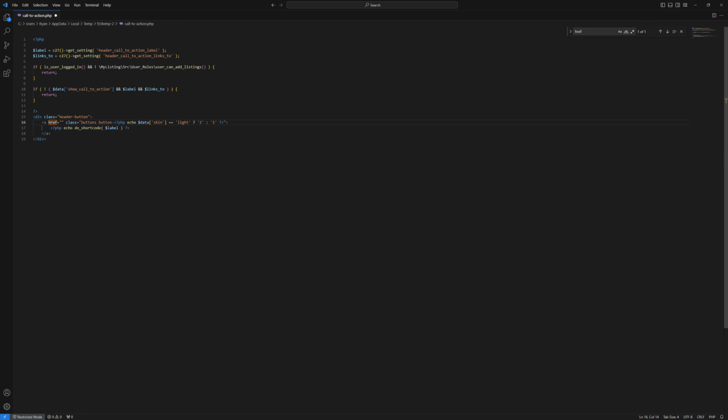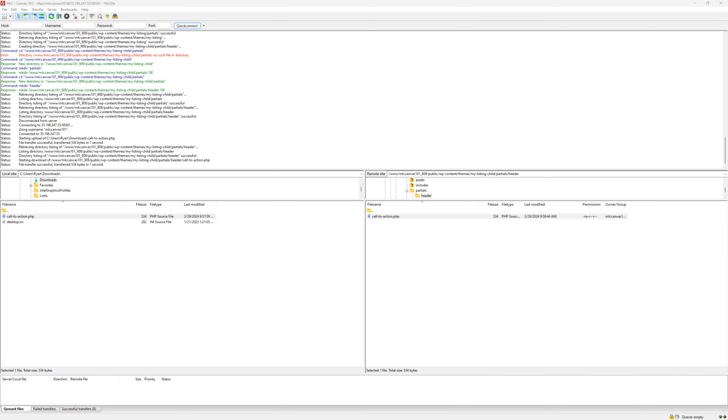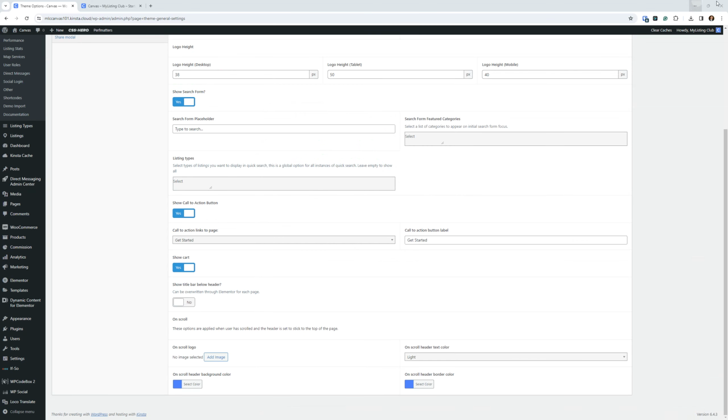All right, I'm going to move this file editor to my other screen. We're just going to keep that where it is. We're not going to save any changes or anything yet. Just going to leave that sit there. We're going to minimize FileZilla. And the next thing we're going to do is go find the pop-up that we want to call. All right. So for that, I'm going to go to my templates